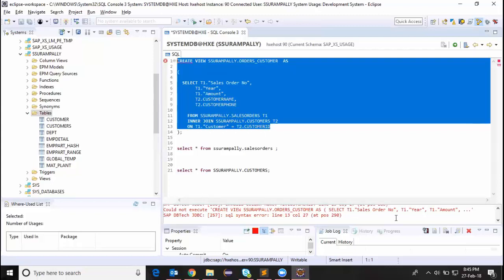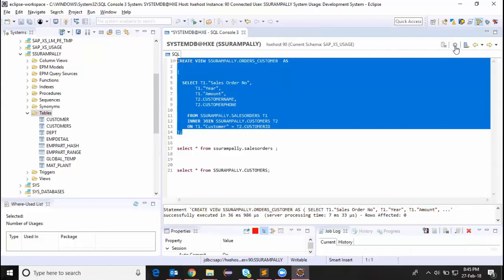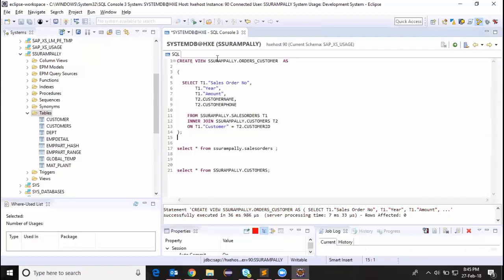Syntax error, what it's saying is line 30 column. Yeah, I have to end this bracket. Now it's created. So what I'm basically doing is just creating a view